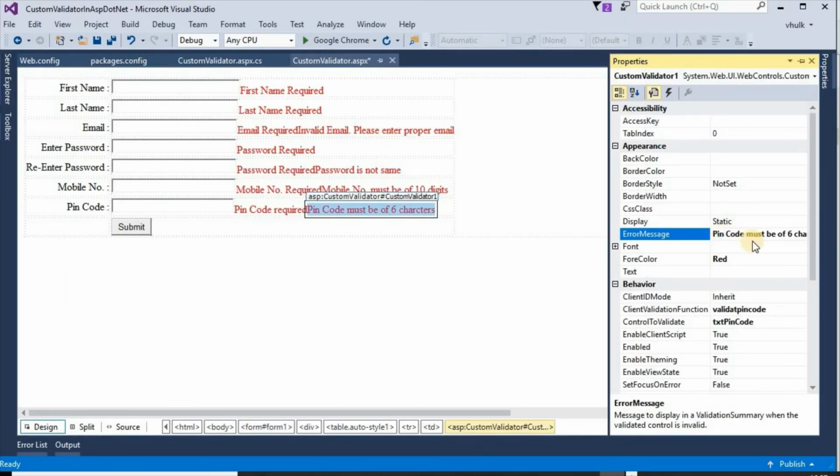And we give the error message: pin code must be in number. Pin code must be in number.